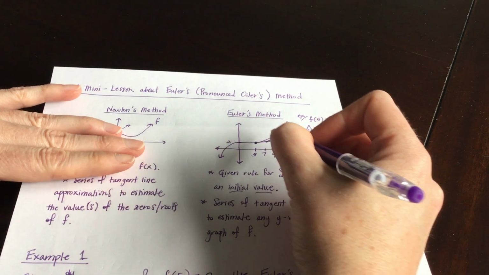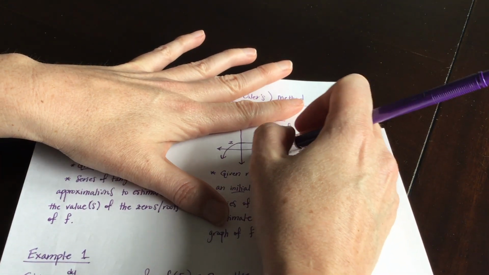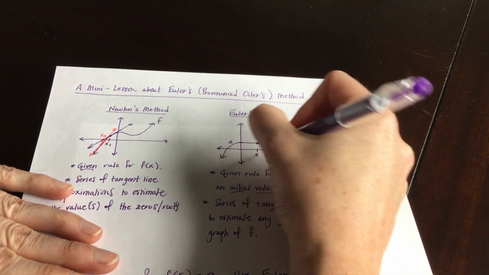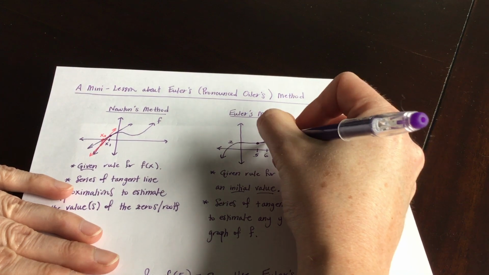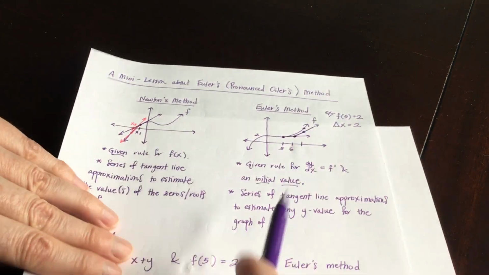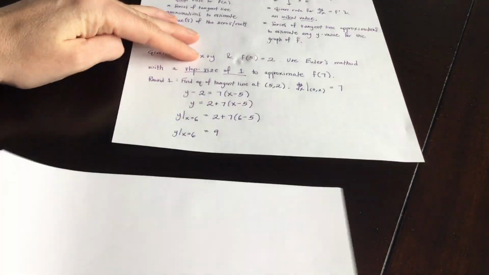So at this point, essentially, you have found the equation of the first tangent line, and then you plugged 6 into it. So now you would know the coordinates of that point right there would essentially be 6, 9. Okay? So round 2,